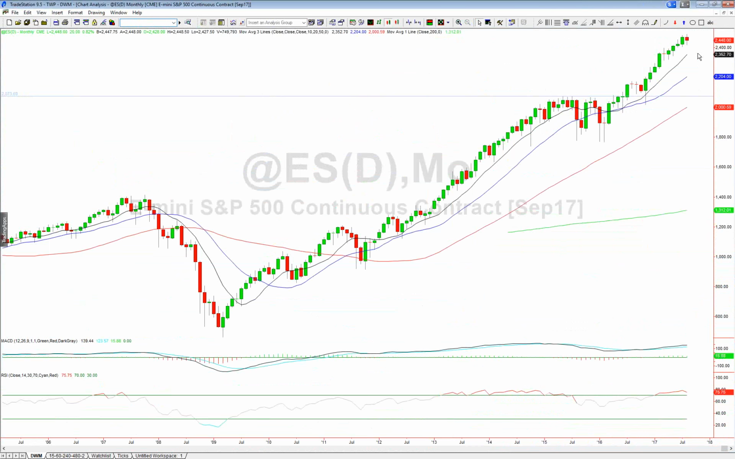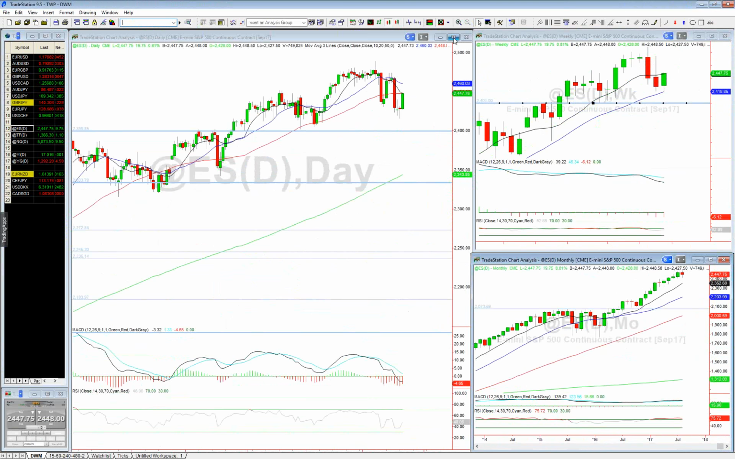On the monthly chart, we are still a wee bit overextended here. Not really terrible if you compare it with the overextension that we saw for quite some time. That's okay for me. I could live with that. However, the daily chart,